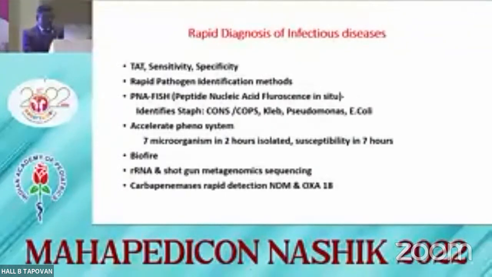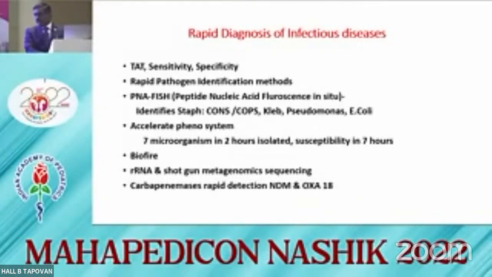Like rapid pathogen identification methods like PNA FISH, peptide nucleic acid fluorescence in situ. It identifies coagulase negative and coagulase positive staph, Klebsiella, Pseudomonas, and E. coli. Accelerate Pheno system detects 7 microorganisms in 2 hours in isolates and susceptibility in 7 hours. We are hearing of BioFire, and a newer technique is going to be on rRNA and shotgun metagenomic sequencing. And probably it will give a diagnosis of many pathogens in very rapid time, in 8 to 10 hours or 14 hours. So friends, most important is carbapenemase rapid detection, which is very important for New Delhi metallo-beta-lactamase and